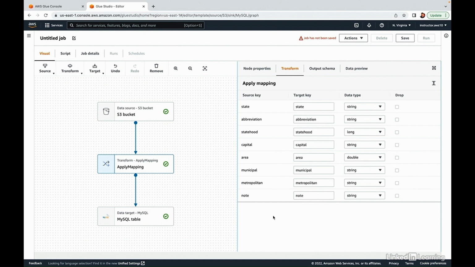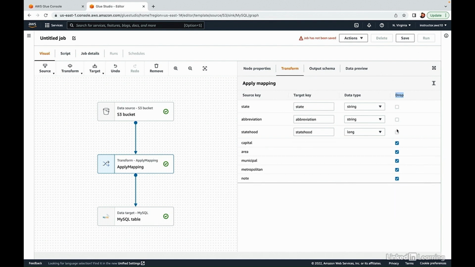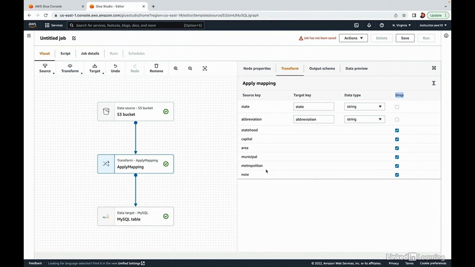Despite the fact that we have the crawler information and all of the schema for the source and target, we don't really get to connect the dots in the way that you might with other systems. So we do need to know a little bit about what Glue is expecting here. So we have this option drop, and we can go ahead and click that for all the columns we know we are not going to map over. We're going to leave just state and abbreviation, and we'll deal with the concatenation of capital and state later on